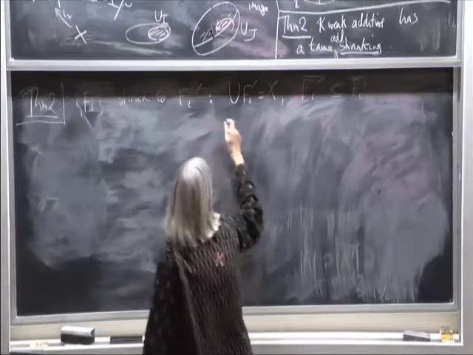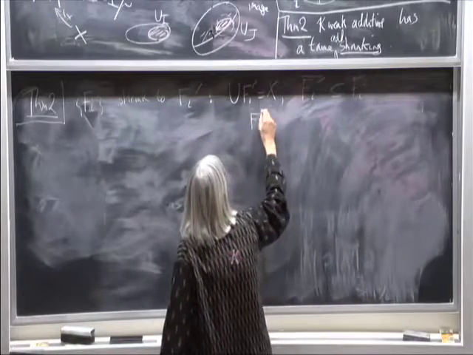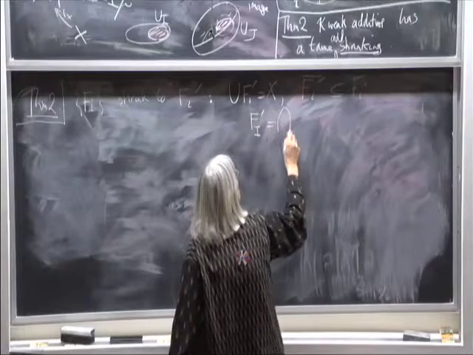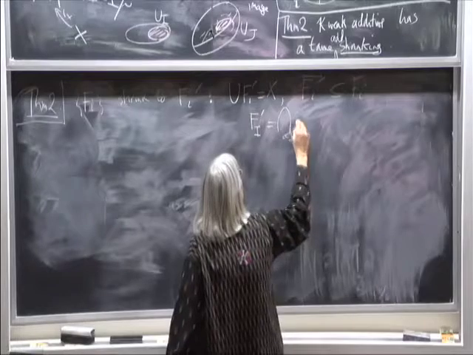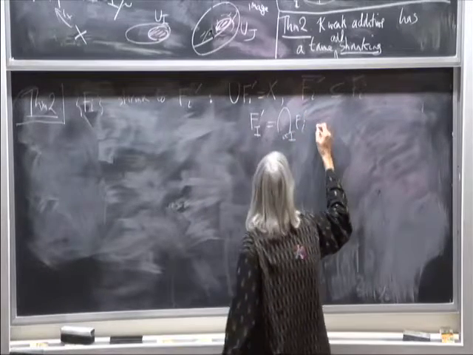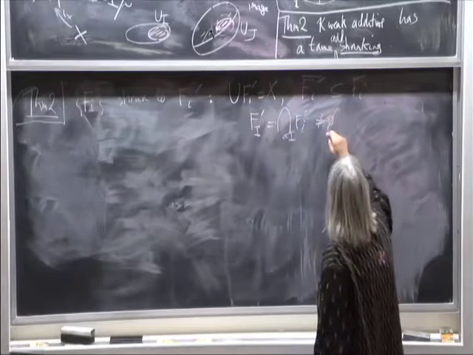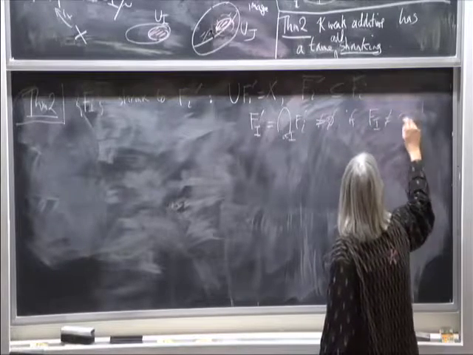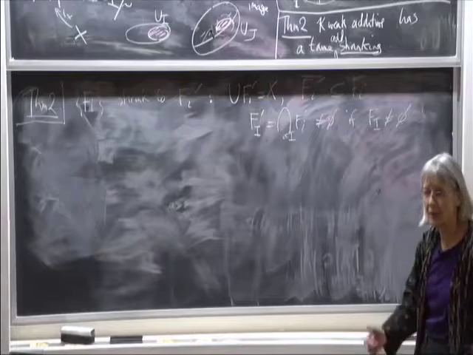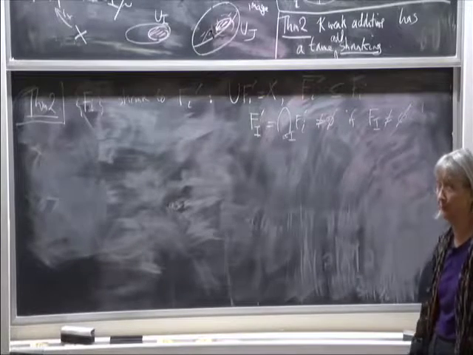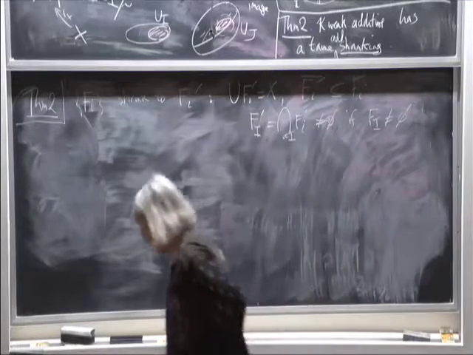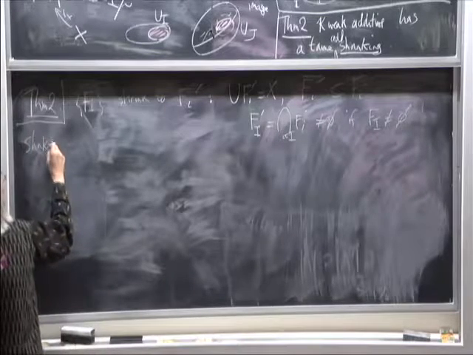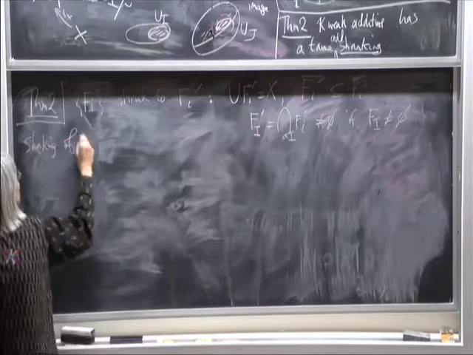And we also want to not reduce too much, so we want Fi prime, which by definition is just the intersection over i in I of F prime i. We want this to be non-empty if Fi is non-empty. So they have the same intersection pattern, they're just all slightly smaller. So we shrink the footprints, and then a shrinking of K